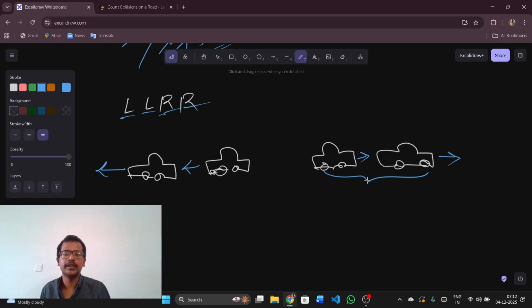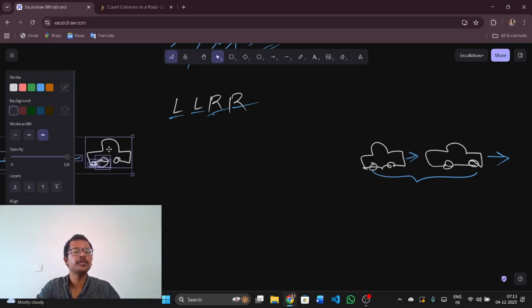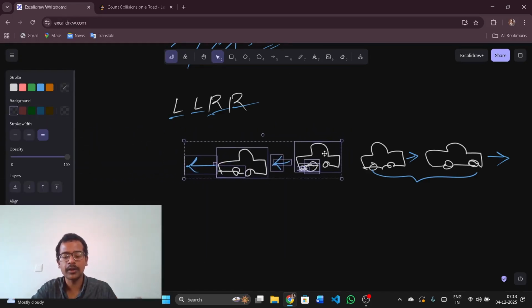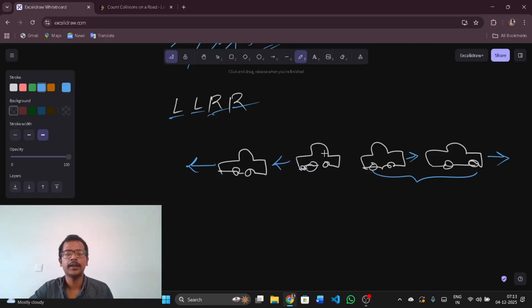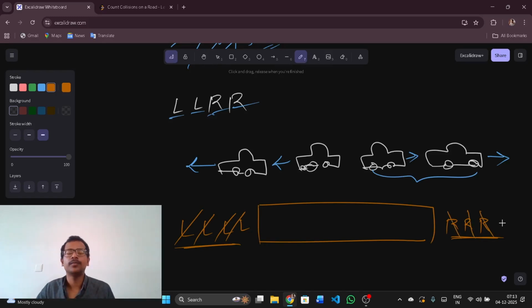So, okay, they both are moving in the right direction. And let's go with this left. Now, these two move like this, and as I already said, they both don't collide. Now, what does it tell you? All the lefts at the beginning and all the rights at the end, just ignore them. We just need to ignore them. They don't have anything to do with